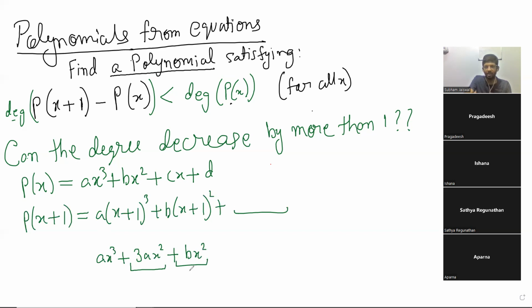I'm not writing the linear terms. I'm just interested in knowing if the quadratic terms get cancelled. This is the quadratic term I'm getting from this, and this is the quadratic term I will have from the previous. When you take the difference,